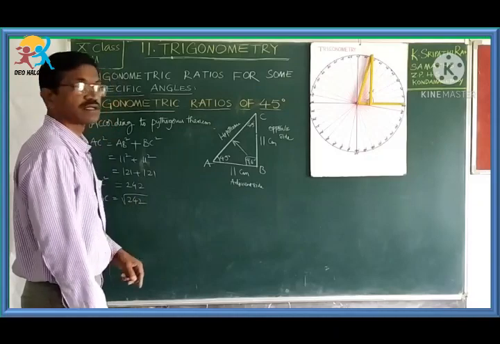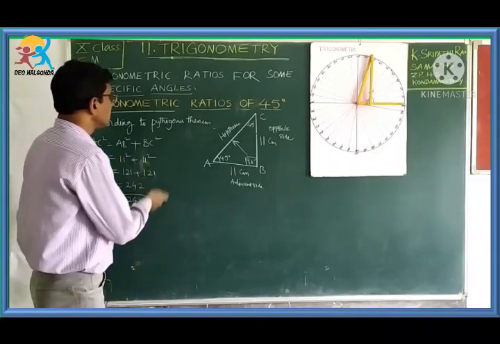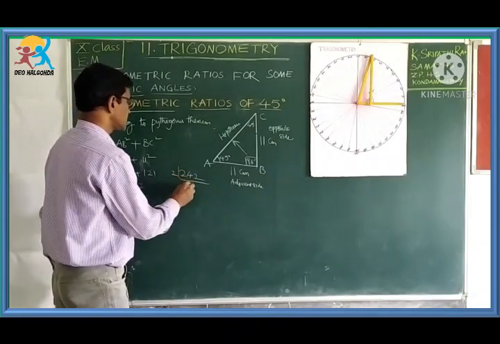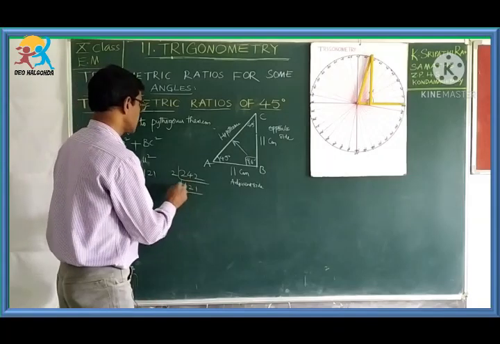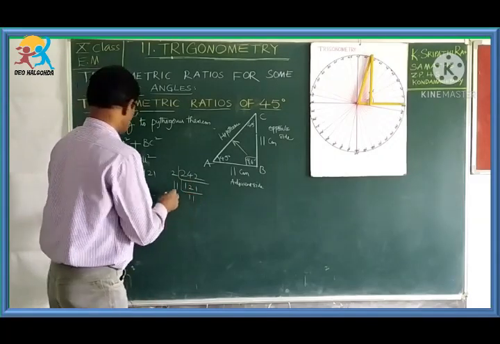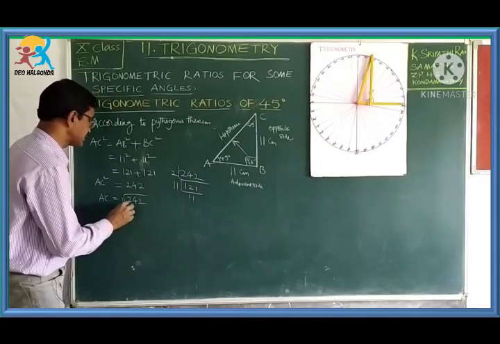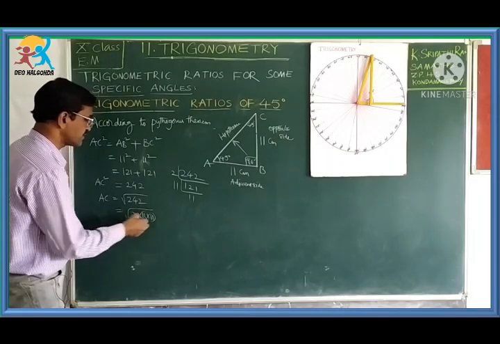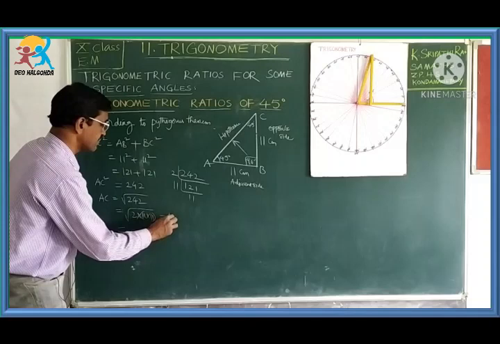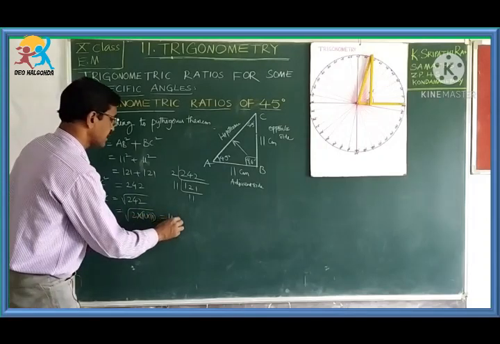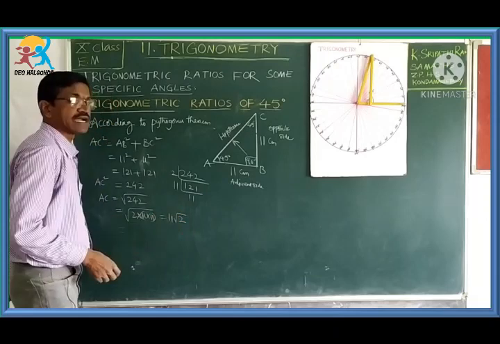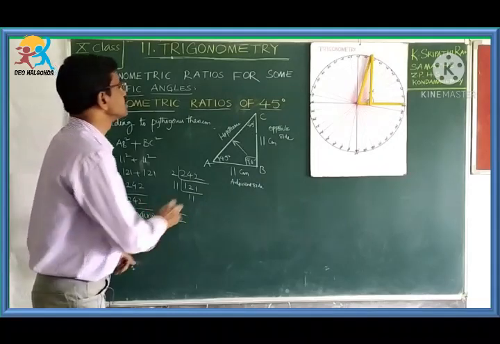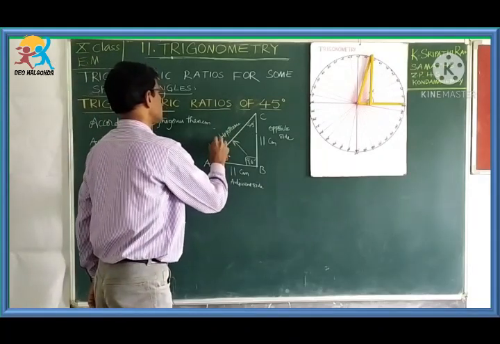It is a pure surd. Let us change this one into mixed surd. It is not a perfect square. 2 ones are 2, 2 twos are 4. Here 11 table, 11 ones are 11. So this 242 can be written as 2 into 11 into 11. So 11 into 11 is 121, square root of these two numbers is 11. Take one number and the remaining 2 write under the radical sign. So square root of 242 is equal to 11 root 2. So this hypotenuse will be 11 root 2.